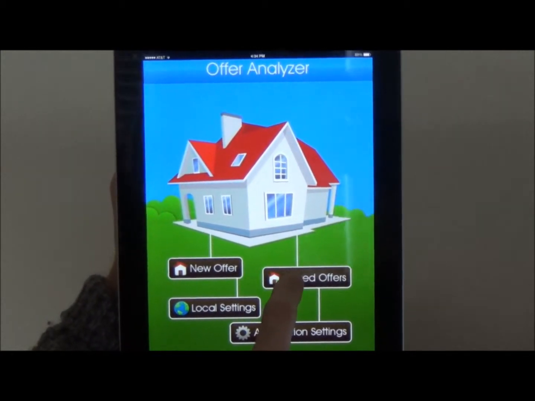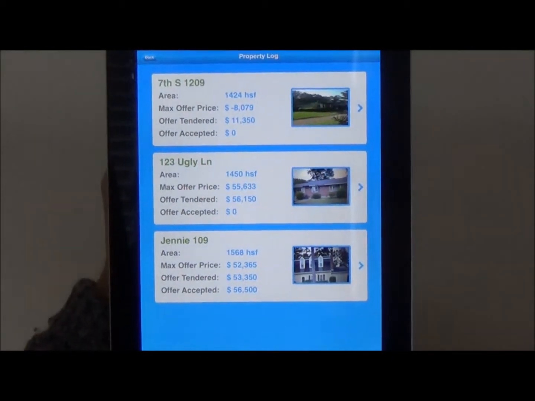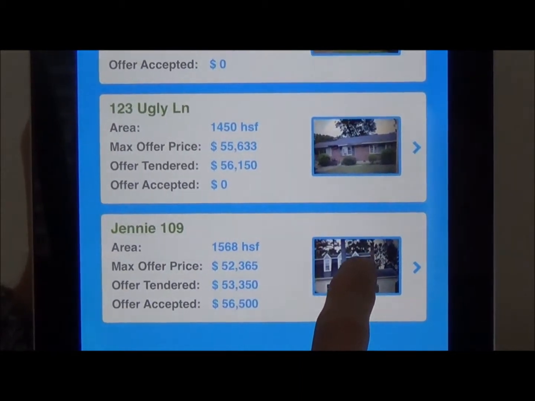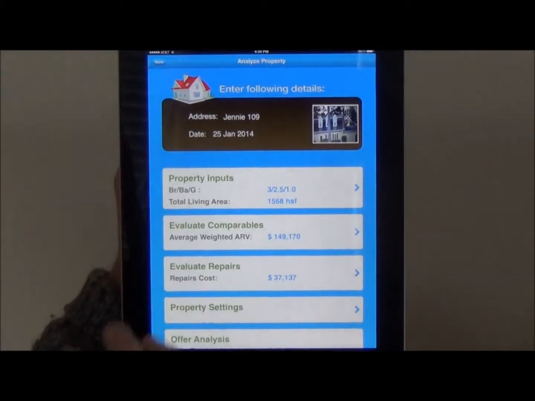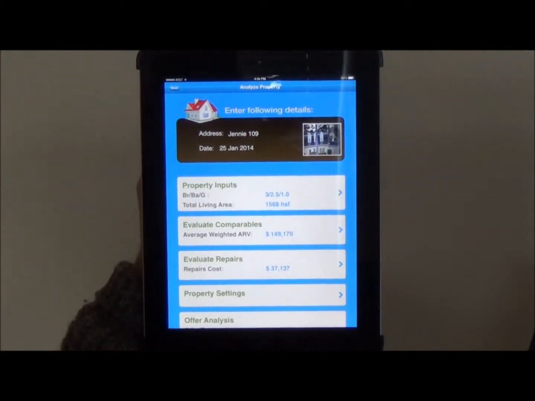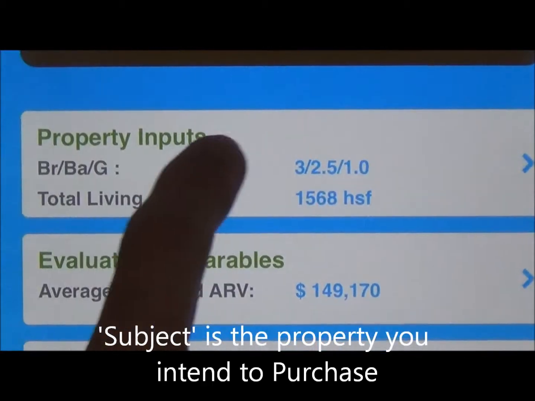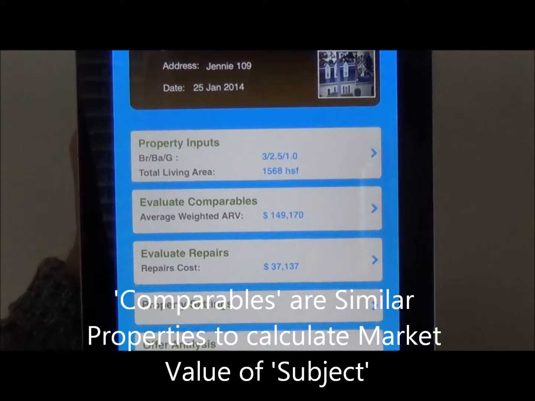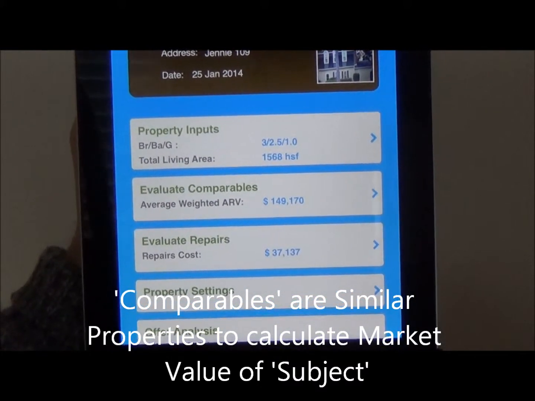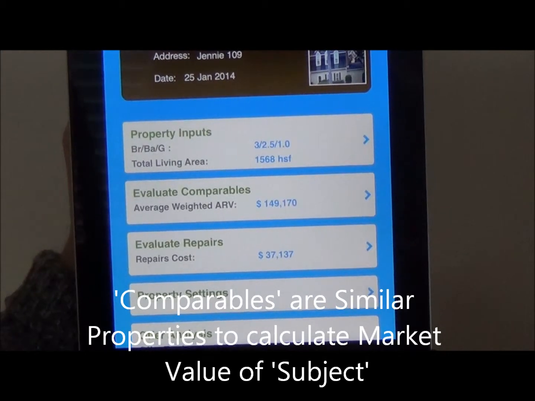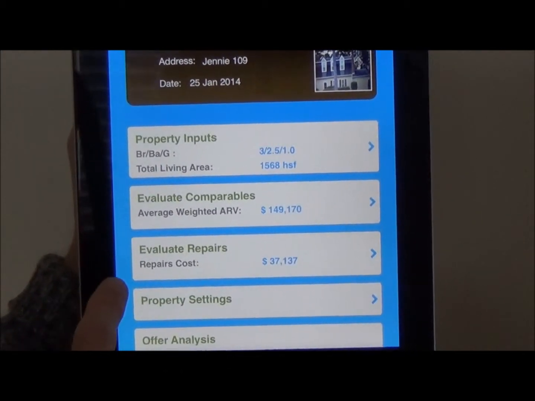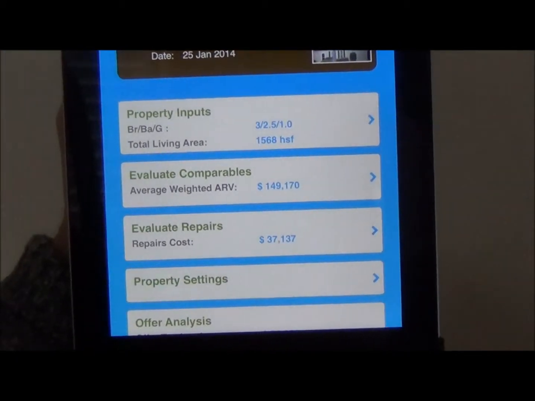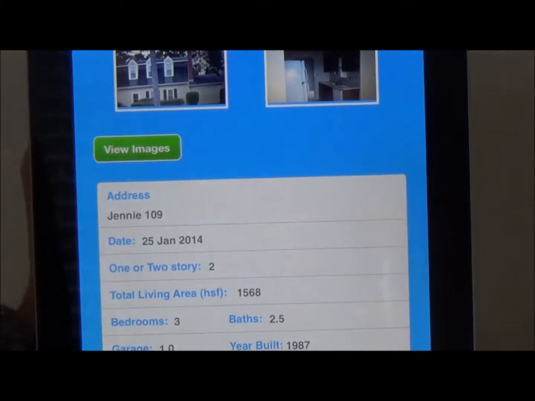So I'm going to go into Saved Offers and just look at 3 of some recent offers that we've saved. And I'm going to select this property here, 109 Jenny Drive. What you can do is pull up to the property and enter the property inputs for the subject property you're using. You're going to evaluate the comparables. Those are all the properties in the neighborhood that are similar to yours, up to 5 properties that you want to compare them with, much like an appraiser does. And then you're also going to evaluate the repairs of the individual property, and then we'll go into what the property settings are. So first of all, I'm going to look at the property inputs for the subject property,